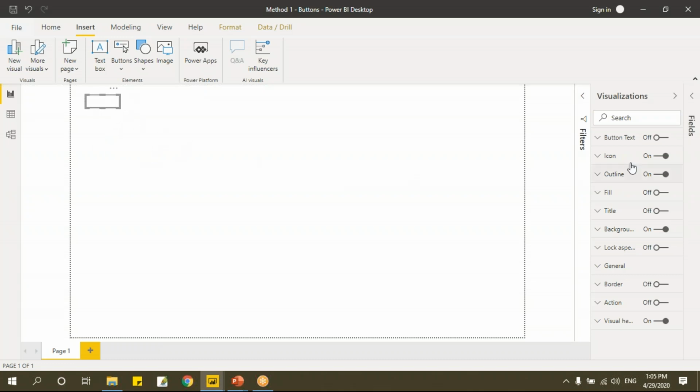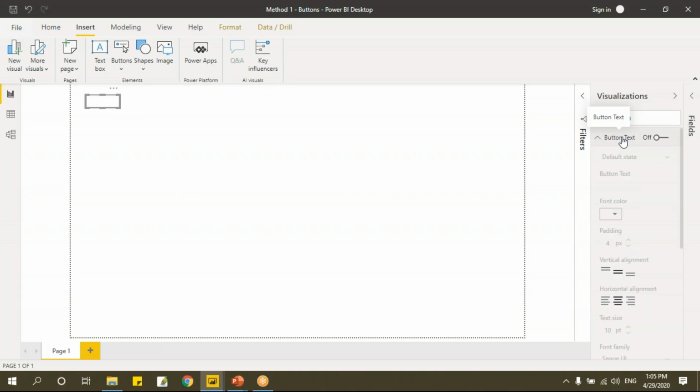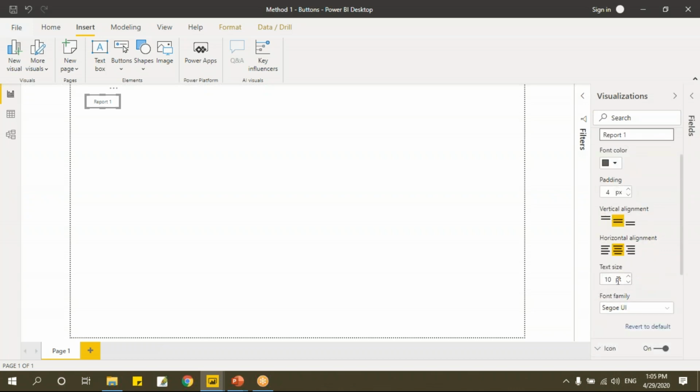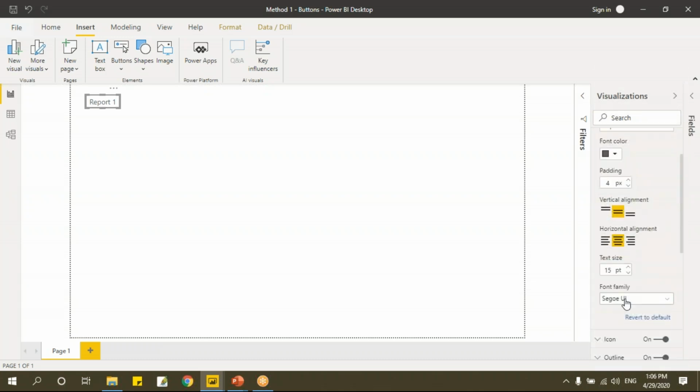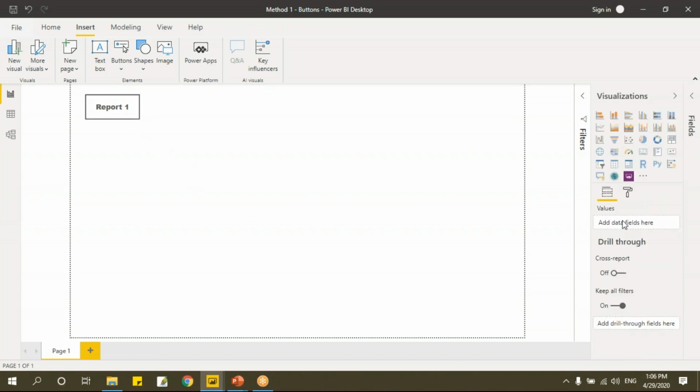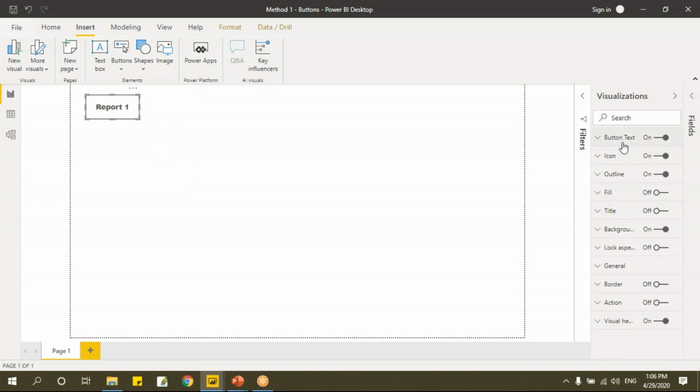Now let's go here, and first we'll take the button text and I'll name that as report 1. And if you want to increase the font size, here I have this option for increasing the font size. Let me make it 15. And if you want to increase this box, we'll do that as well, and we'll select the font. We'll click here so that we change the font. Let's say we'll keep it as Arial Black, and then select this. Let's go to this General.